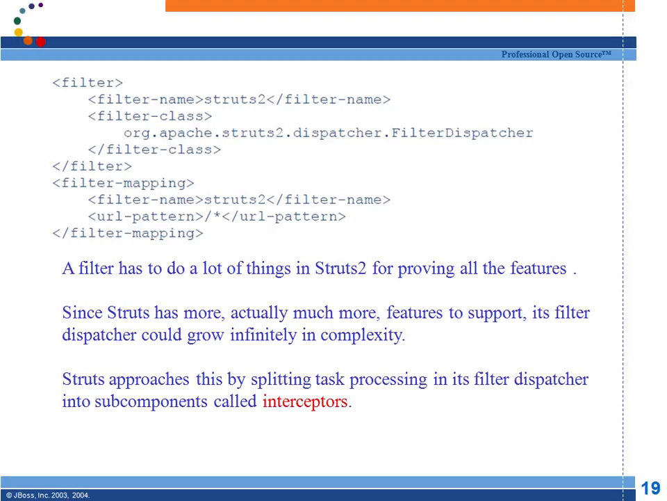What will the filter do? The filter will invoke all the interceptors in order. So these interceptors are providing the services. Just like in EJB3, there were interceptors. In Struts2 also, the task which the filter has to do is split into interceptors, right? So whenever Struts gets a request,